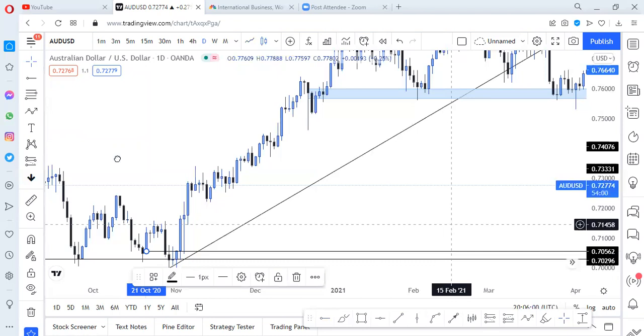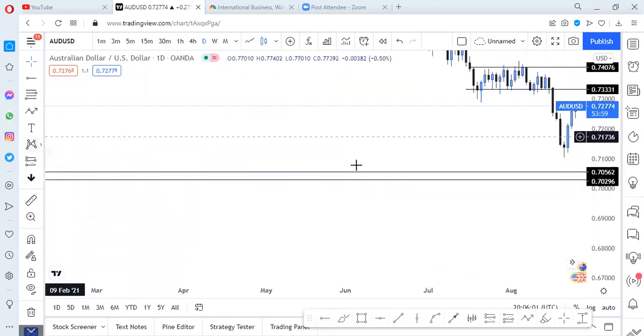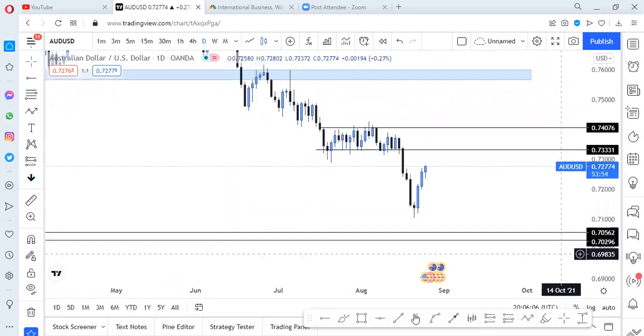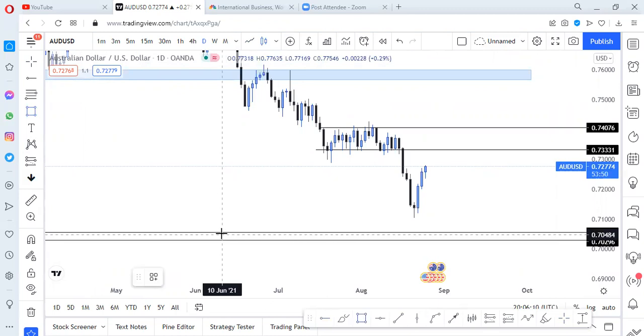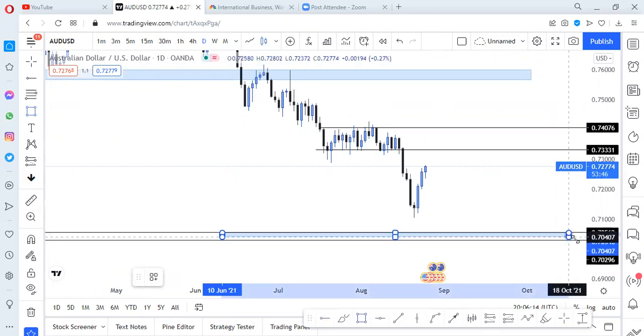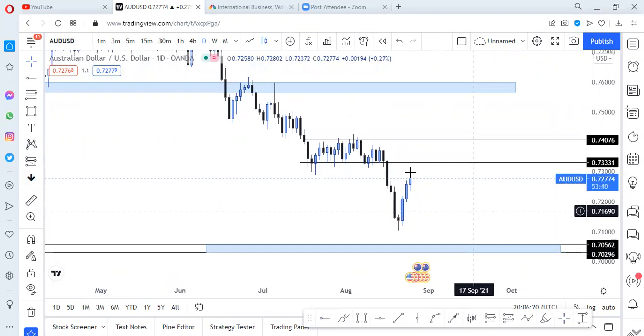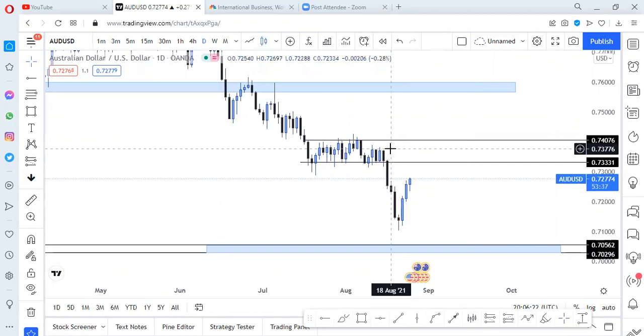Right there. Our major support is 7. Let me do this. This is the major support. Price has not yet touched the major support. And we know that the market doesn't necessarily go straight in one direction without retracement or impulsive correction